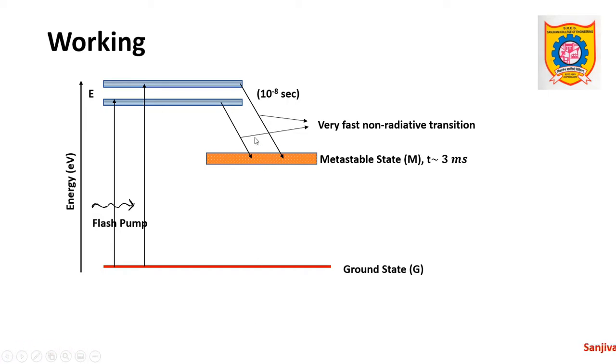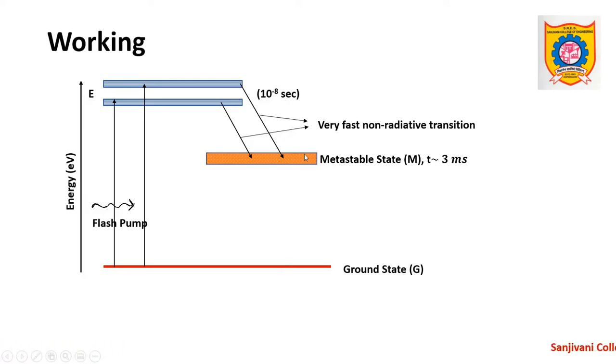It means that there is no laser production during this transition, but the energy is liberated out in the form of heat. Now once the electrons reach the metastable state, they will stay in this state for a considerable period, that is 3 milliseconds, and meanwhile a number of flashes will be applied which transfer electrons from the ground state to the metastable state via state E. That means at a particular time the concentration of the metastable state will increase, and a state is reached where the concentration of the metastable state becomes greater than that of the ground state.